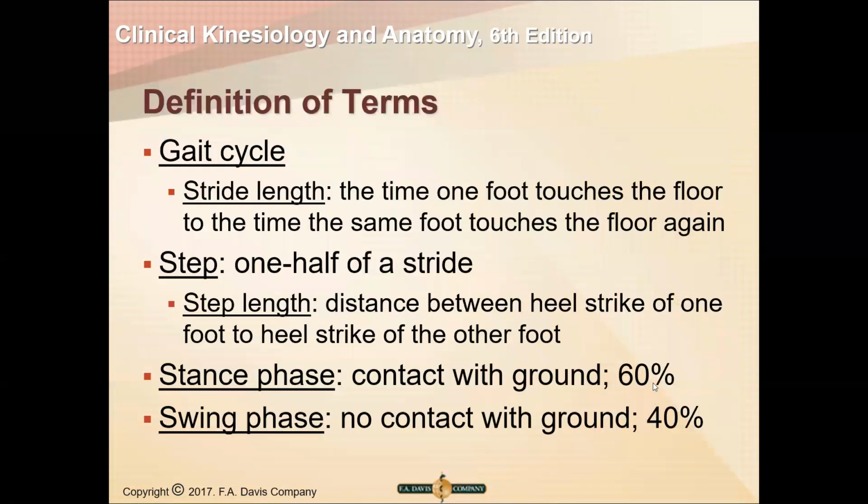So the definitions of terms for this, the gait cycle, right? Gait cycle includes stride length. The time from when one foot touches the floor to the time that the same foot touches the floor again is called your stride. Your step is 1/2 of a stride. It's the distance between heel strike of one foot to the heel strike of the other foot. Those are important terms to get because your boards love to ask you questions about stride versus step. So you have to pay attention to what they're talking about, because if you don't, it's really easy to confuse